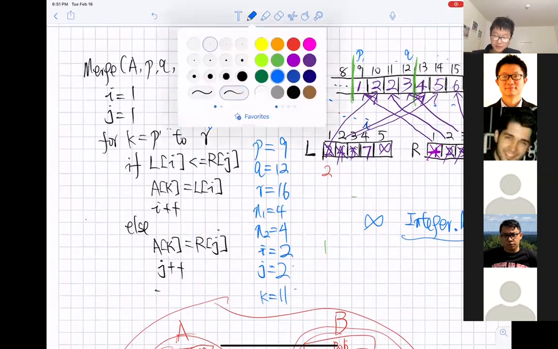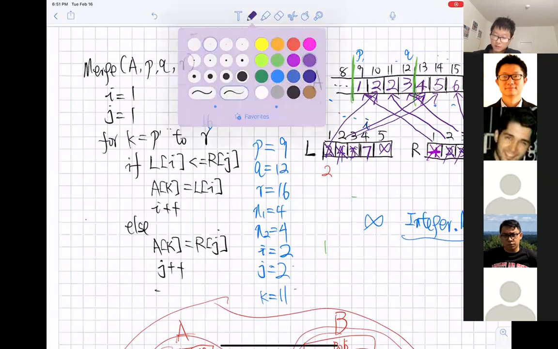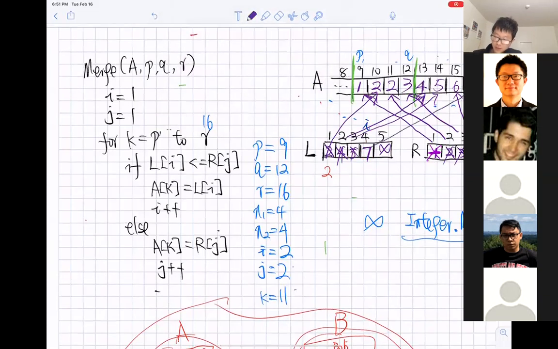So here in the last round, we're going to compare Li with Rj, and of course Li is smaller, so we're going to move Li over to Ak.